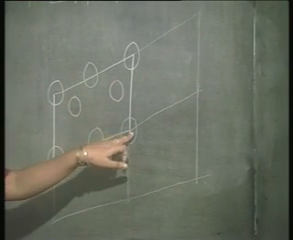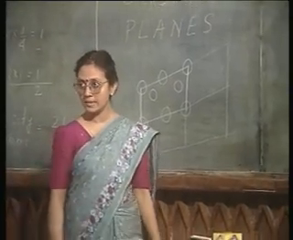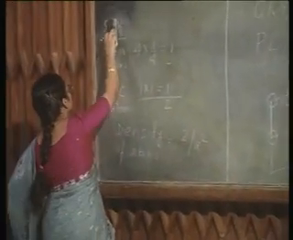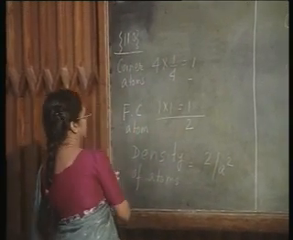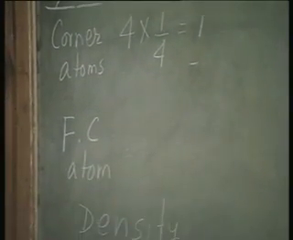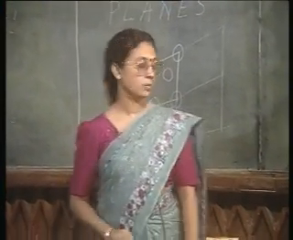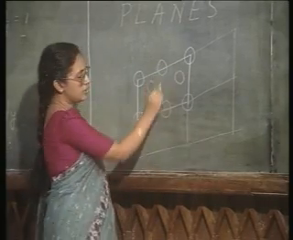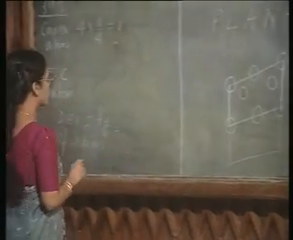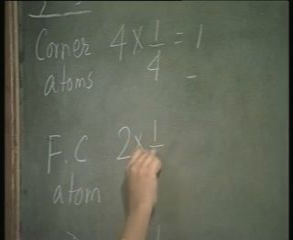you can see each corner atom is shared by 4 110 planes. Therefore, the contribution of the corner atoms is 4 into 1/4, that is 1. What about the face centered atom? This is one of the face centered atoms and it is shared by 2 planes. Therefore, the contribution is half, and since I have 2 such face centered atoms, it is 2 into half equal